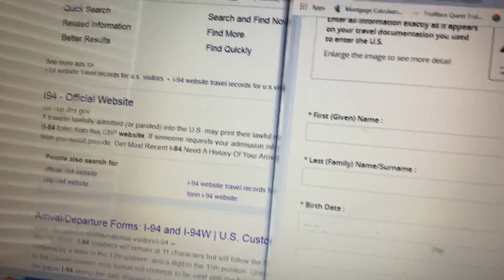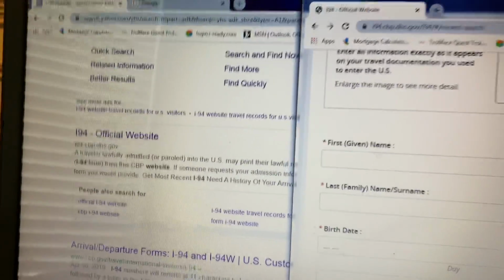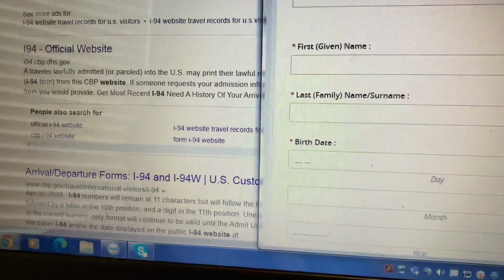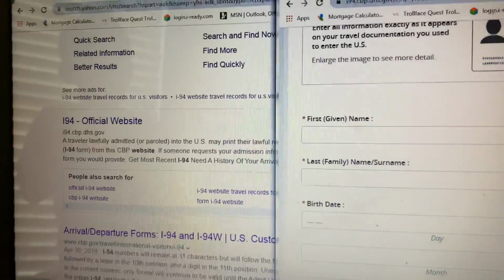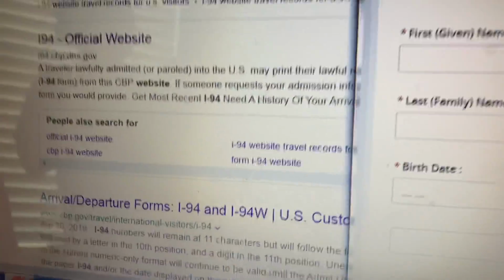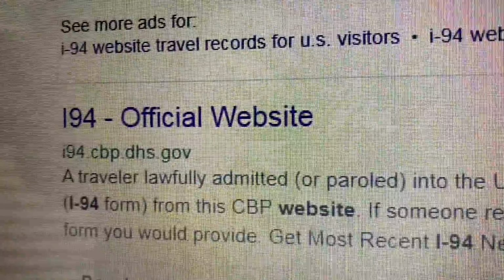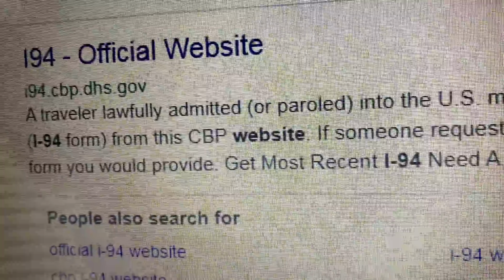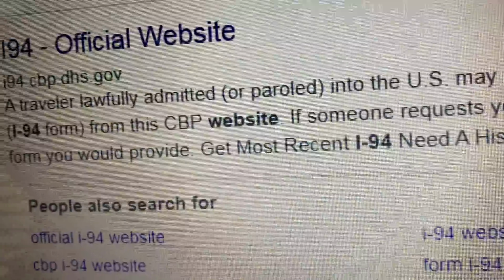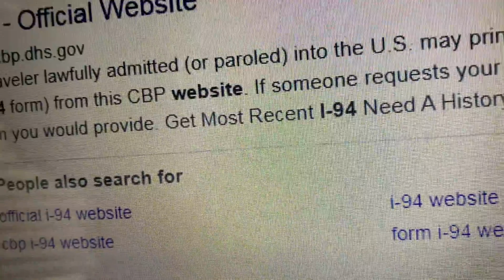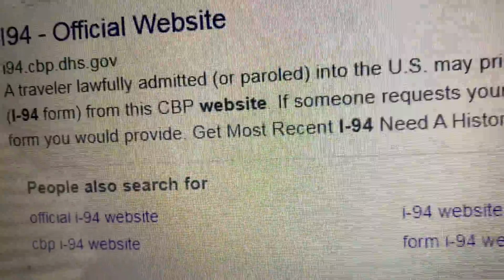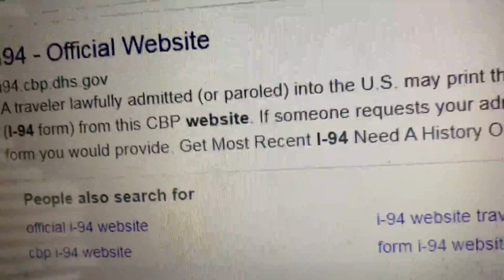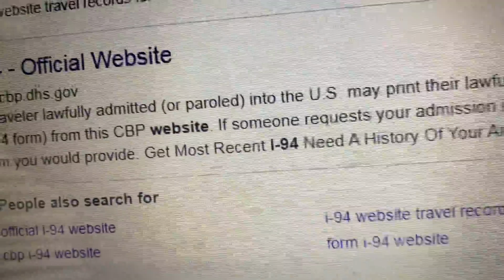And I have to show you how we check it. So I will just show you first. This is the official website that you're going to find. I will just focus in there while I'm typing all the info about us here.